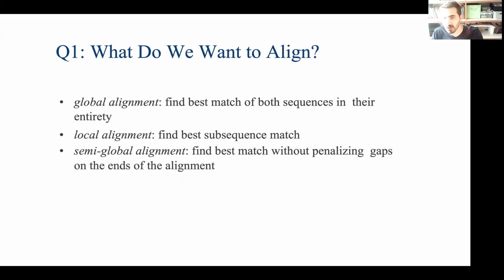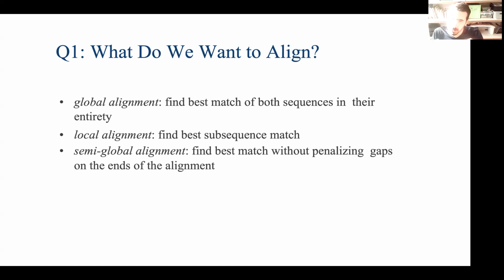The other one is called local alignment. So what are the differences? In global alignment, you just try to align the entire length of two sequences, okay? And this has a hypothesis that the entire sequence is homologous to the other one. So this is some sort of an assumption that you have if you force global alignment.